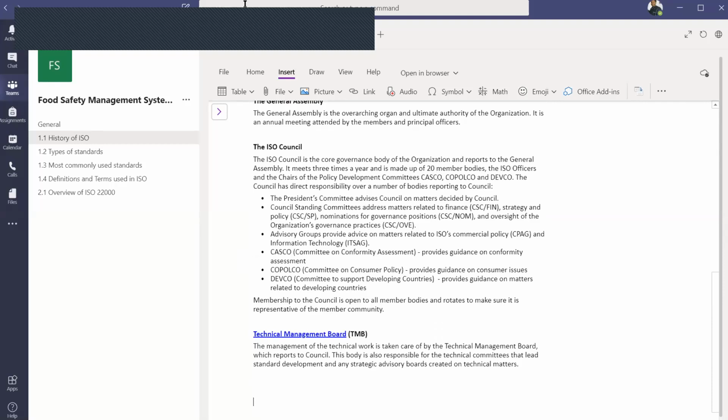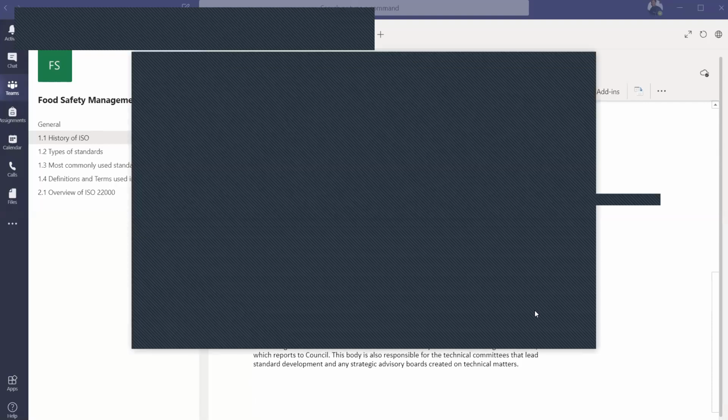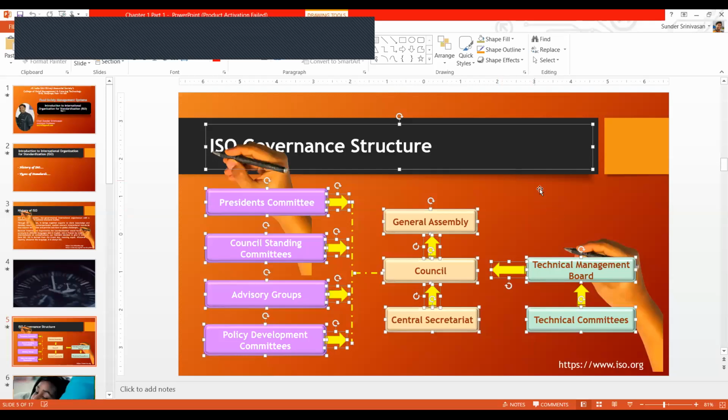Another interesting feature that I saw was with the same PPT I have made for this particular topic. From the PPT, I can also pick up certain things, like this one of the structures of the governance of ISO. I can take this entirety.